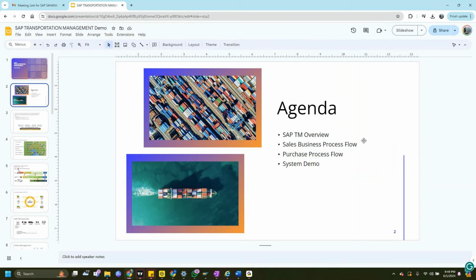So we don't need to have the entire module understanding of sales and everything, but we should have an idea: a sales order is created, a delivery is created, and that delivery is the core. Which customer it is going to, which date we need to deliver to the customer, and what the payment conditions are. All this basic information we extract from the delivery, process on the TM side, plan our trucks or vessels or rails accordingly, and send it across to the EWM side so that they can do the picking activities. Earlier it was the unloading activities for the inbound deliveries. For outbound deliveries, it's the picking activities, and loading activities to a particular truck.